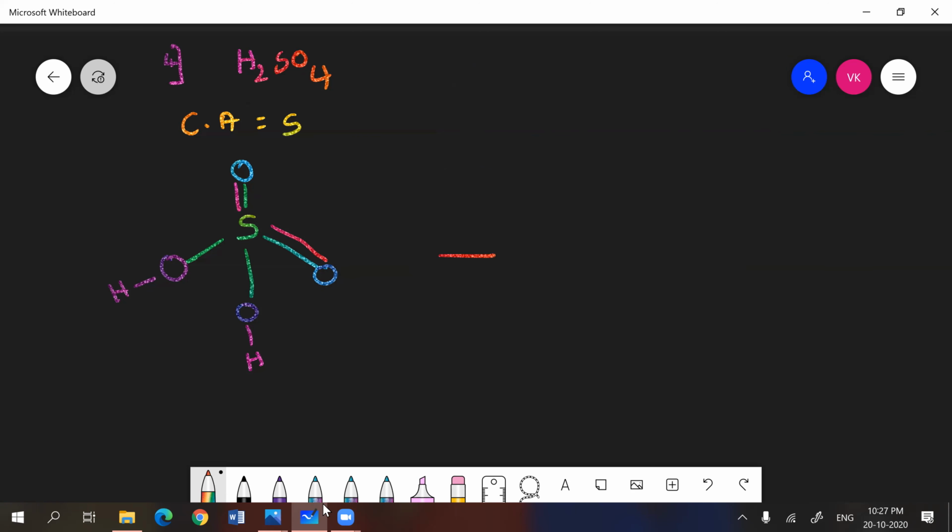So this is the structure of sulfuric acid. Now let us see the Lewis dot structure. So remove bonds and write 2 electrons for each bond. 2 bonded electron pairs here, 2 bonded electron pairs here. 1 bonded electron pair with oxygen and 1 pair with hydrogen. Similarly, 1 pair with oxygen and another pair with hydrogen. These are all bonded pairs of electrons. Now let's see for sulfur. Hydrogen has only 1 electron, so no need to calculate whether it has lone pairs or not. Now let us see for sulfur and oxygen.